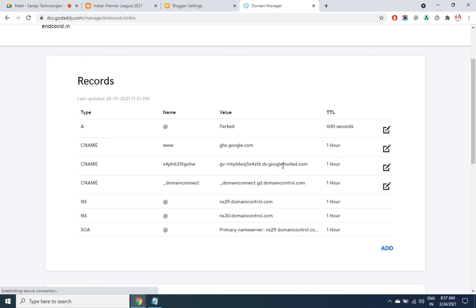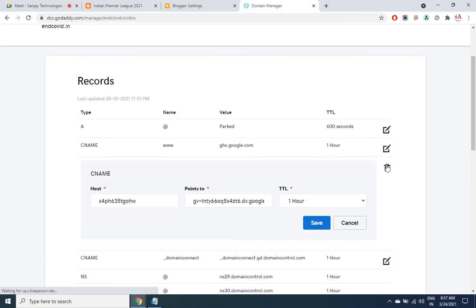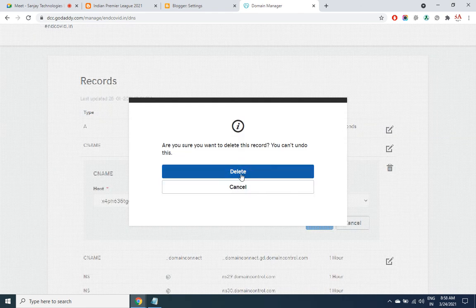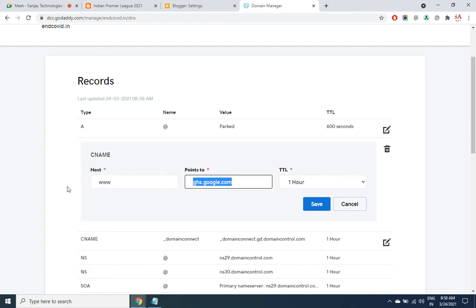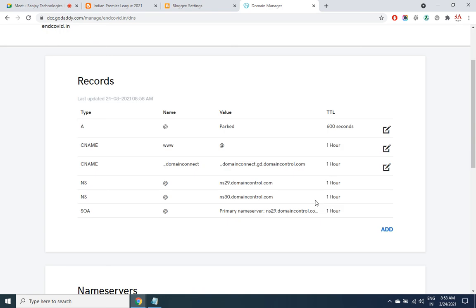This I've already set; let me delete this. By default, this is how it will look. In the CNAME, you'll find only 2 records like this.